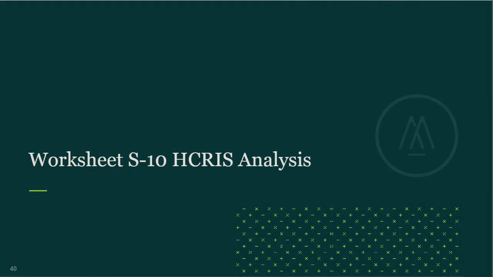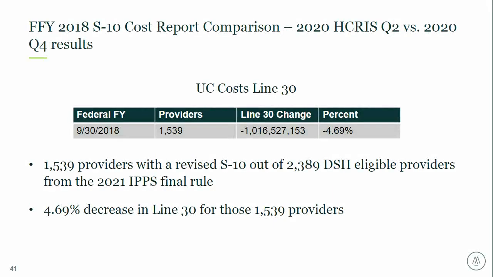And so I think we'll jump into the HCRIS analysis. As we move forward, Mike discussed earlier these 2018 S-10 audits that were just finalized will presumably be used to calculate a hospital's UC payment for the 2022 calculation. And as the fourth quarter of HCRIS was recently published, we think it'll be very beneficial to spend some time